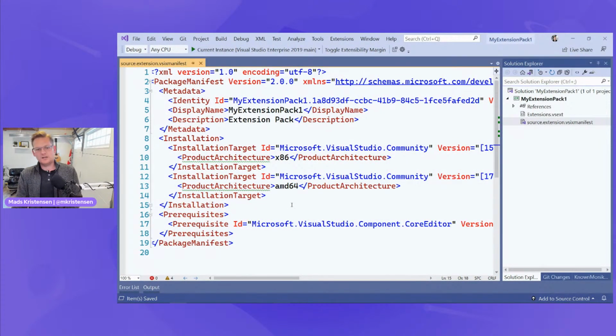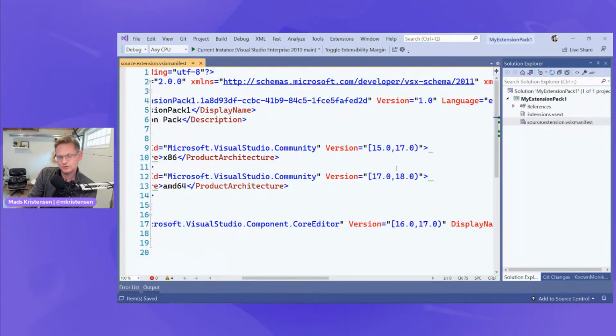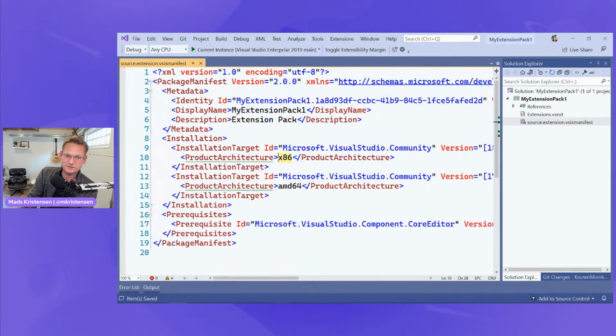I'm going to have two different installation targets. One installation target supports Visual Studio 2017 through 2019, but not 2022. And it supports it on a regular 32-bit architecture, x86.